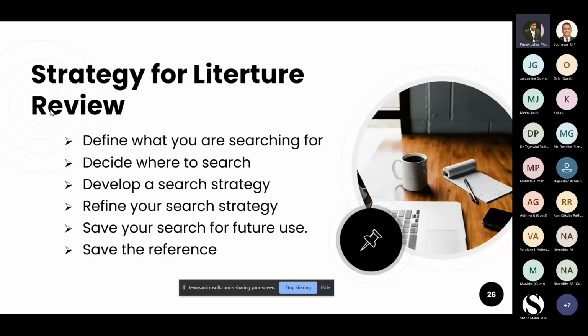Now, another important point is that where you search matters more, because there will be a number of redundant or duplicate data. The same article